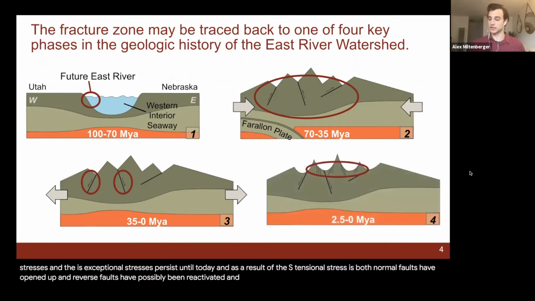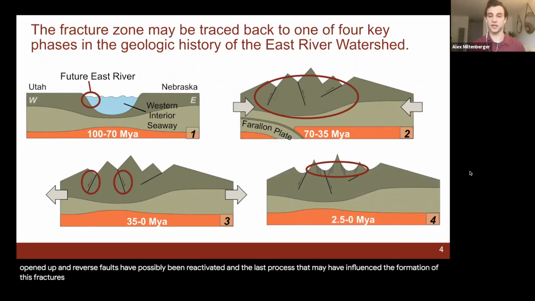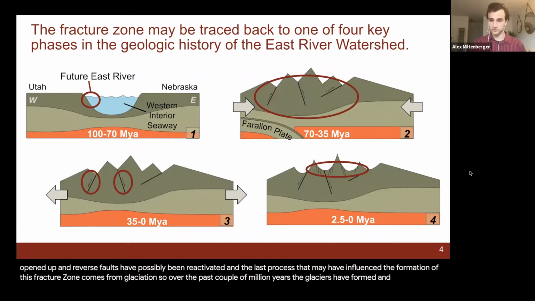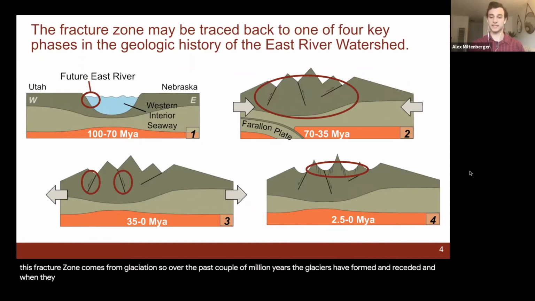And the last process that may have influenced the formation of this fracture zone comes from glaciation. Over the past couple of million years, the glaciers have formed and receded. And when they receded, the stresses that they were impinging on the mountain or the valley sidewalls were released. And as a response to that release of stress, the